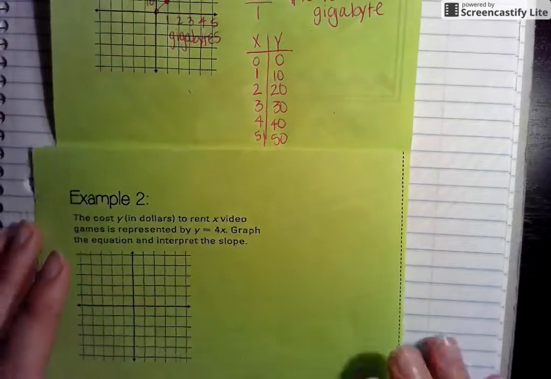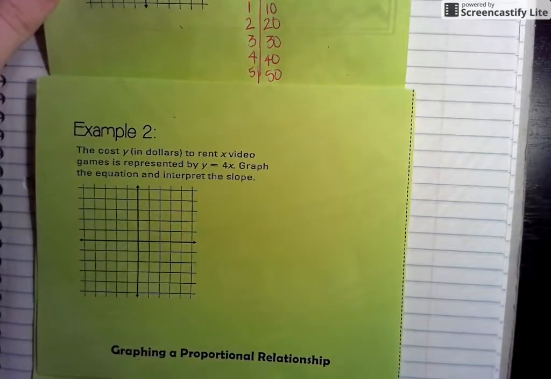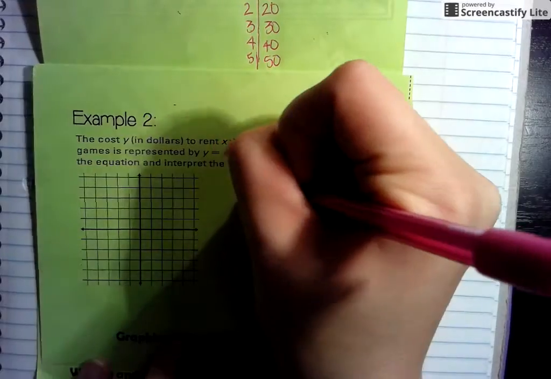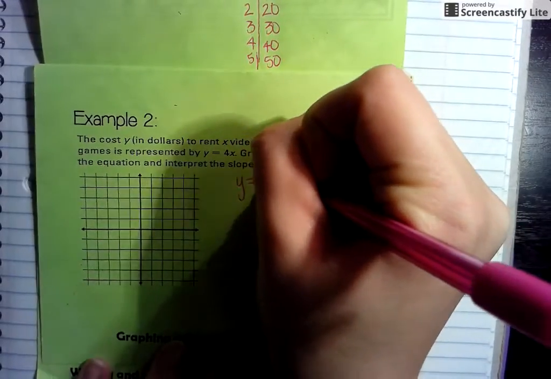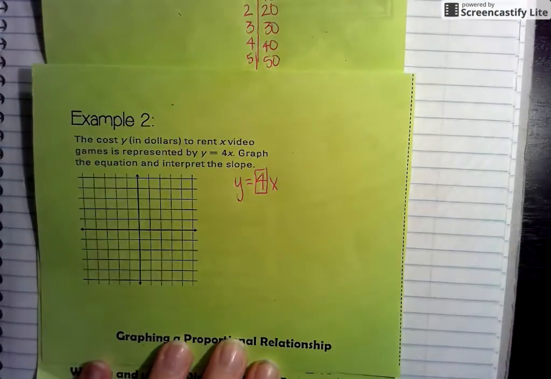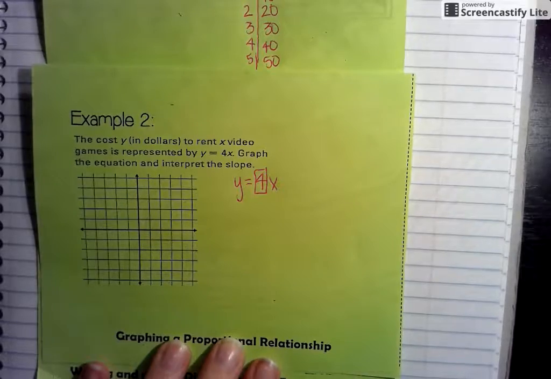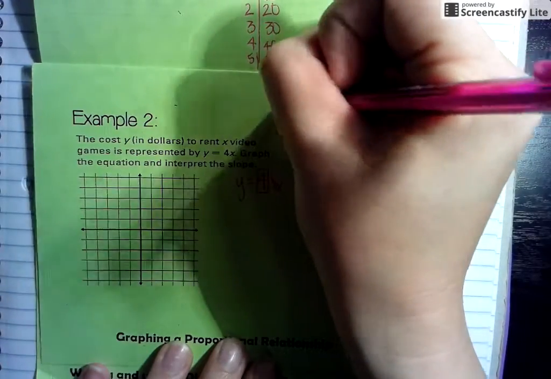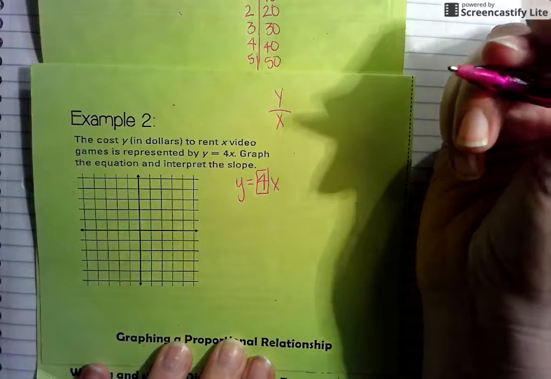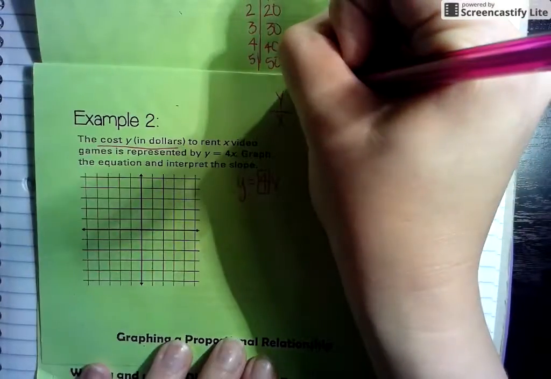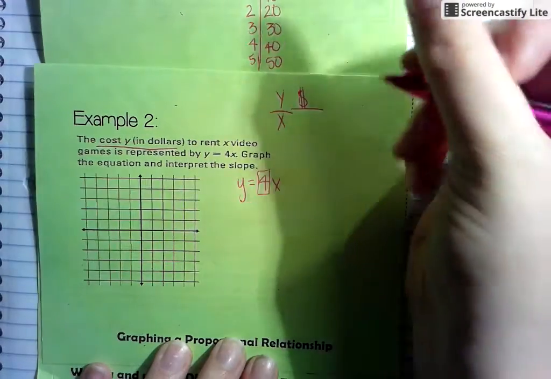Now this next one says the cost y in dollars to rent x video games is represented by y equals 4x. Graph the equation and interpret the slope. Well, if I know my equation is y equals 4x, my slope is always that 4. Now, slope is always written as y over x, so I'm going to figure out what my y is and what my x is. So looking at my equation, the cost in dollars, so we know that's money,